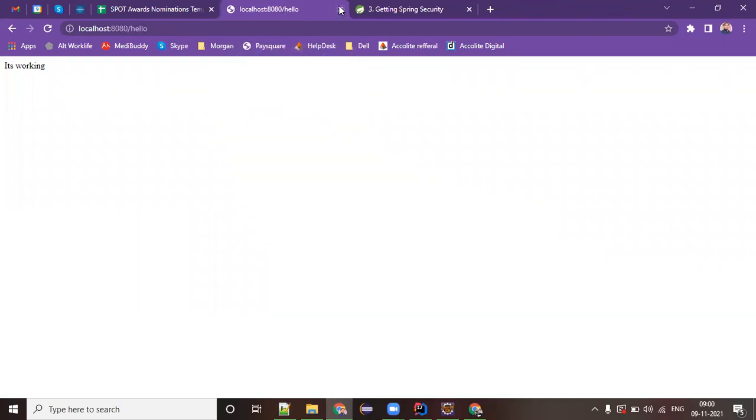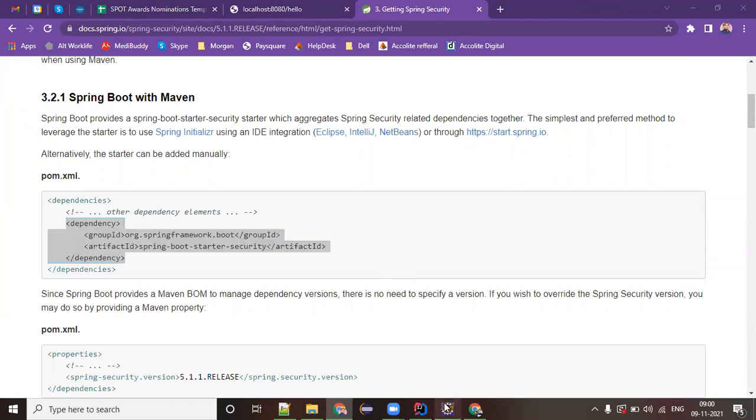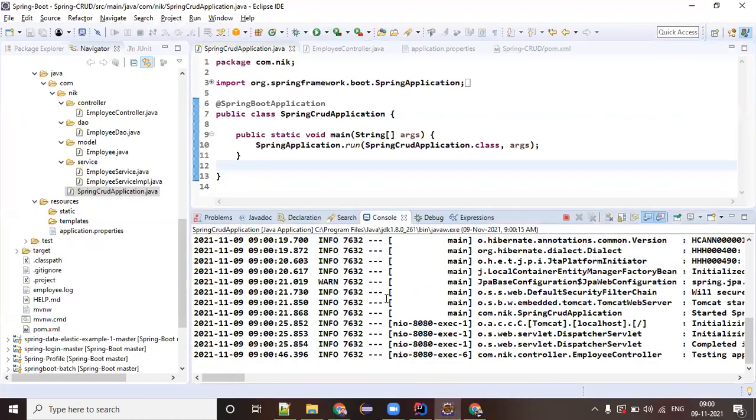So now the question is, is everything possible with the help of application.properties? Yes. And that's the reason people are now crazy about Spring Boot, because it's not asking you for lots of complexity. But if you do the same thing in a pure Spring Security project, trust me guys, you have to spend lots